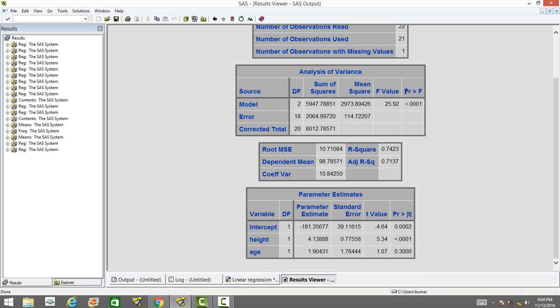The probability value, so probability greater than F, should be less than 0.05 in order to say that the F value is significant enough. Okay. And what does that mean, and why is that important to be significant? It's important, and it's the first thing that you should see in a linear regression,